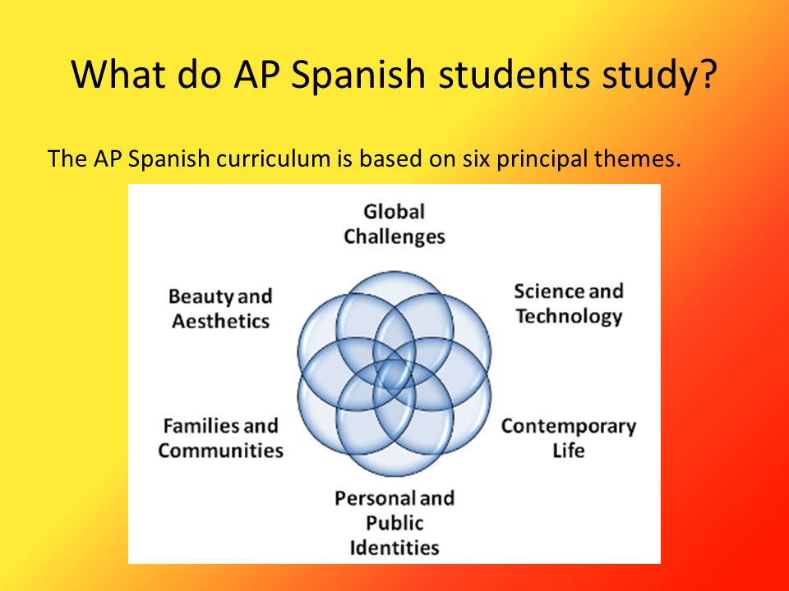What do AP Spanish students study? The AP Spanish curriculum is based on 6 principal themes. They are global challenges, to include topics such as the environment, economic issues, and human rights; science and technology, which will include topics such as the social impact of technology, ethical questions, and discoveries and inventions; contemporary life, to include topics such as education, travel, holidays and celebrations, and leisure activities; personal and public identities, to include topics such as